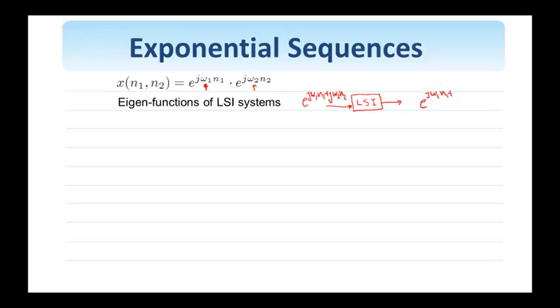So these complex exponentials simply go through these linear and spatially invariant systems, with a possible change of the amplitude that will become, let's say, A, and the possible addition of a phase